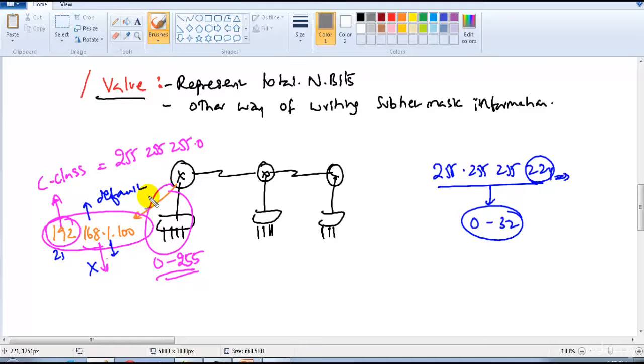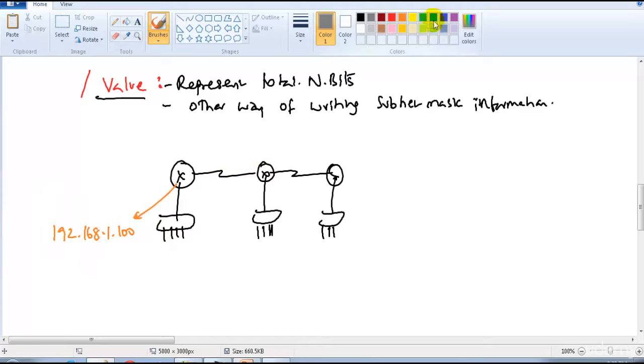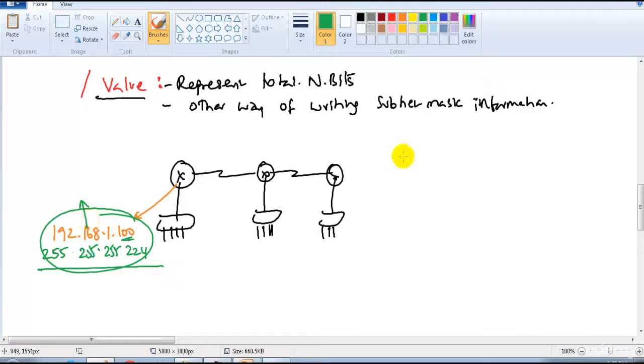This is really not good, because when you are defining or representing anything, we need to write the subnet mask. One way to write it is 255.255.255.224, because you need to tell what subnet mask we are using. Based on that, I will understand the size of the network and the range. If there is no subnetting, then we don't need to mention it, because there is only one subnet mask. But writing the subnet mask in this format is a lengthy method. So instead of writing like this, we can write it another way.